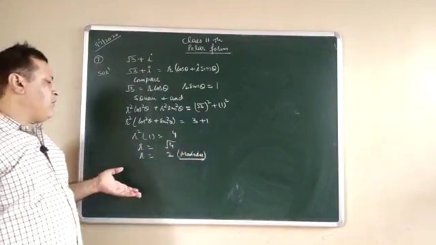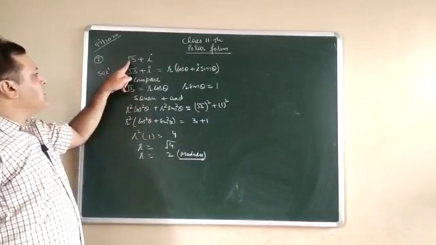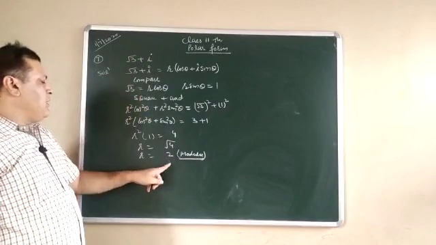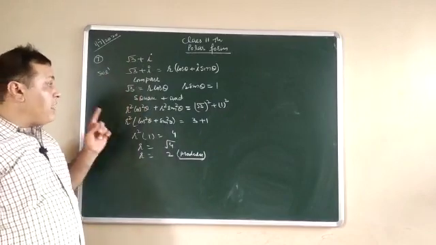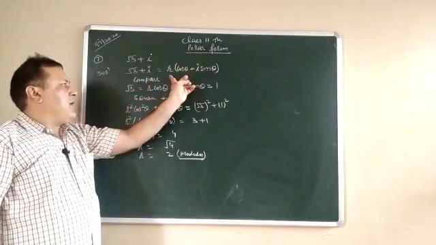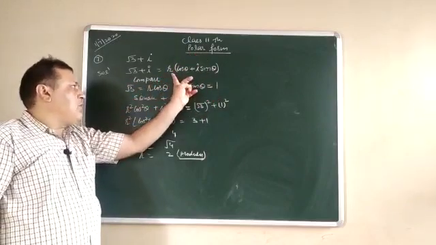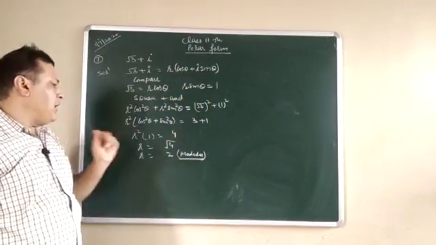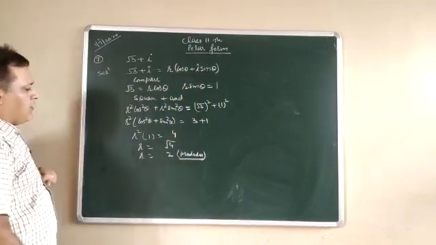You can also calculate the modulus directly by taking the squares of the real part and imaginary part coefficients. Then you can find out the modulus. But whenever the question asks about the polar form, in that case you have to write the result in the form of r cos theta plus iota sin theta, and then you find it. Now for the argument, what to do?